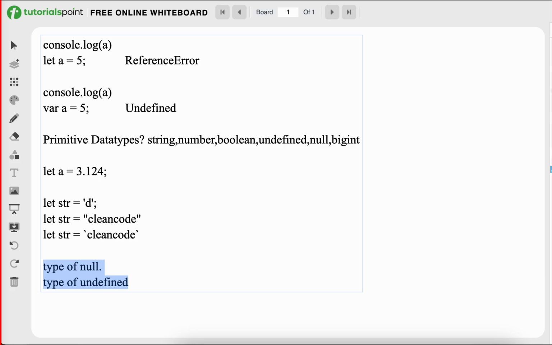Null is a primitive data type. Just I need one answer for the type of null.